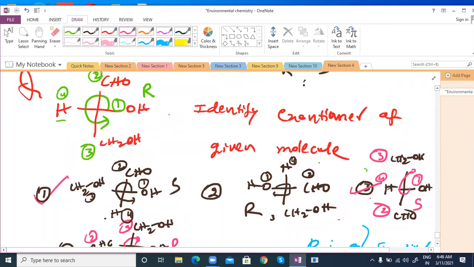Understood? Sahimita, did you get it? Understood, na? How to find out? Yes, sir. 1 and 3. Just based on RS nomenclature we are doing. But the molecules in the examination will look different. Don't worry about those things. Just write the RS nomenclature, then you will get the answer. That's enough. Okay, sir.